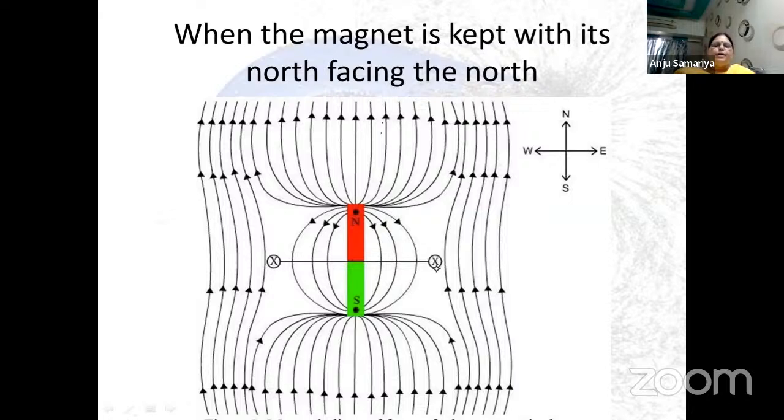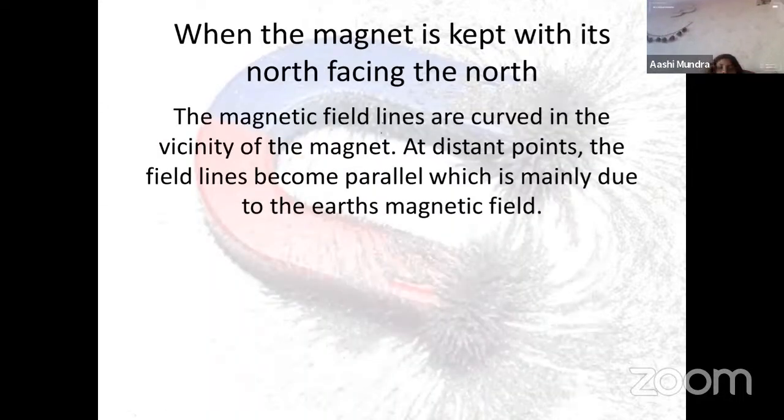And these X points, which are marked along the equator, are the neutral points. Here there is zero magnetic field. Why? Because Earth's magnetic field clashes with it and nullifies the magnetic field due to this bar magnet. So there is zero magnetic field. Okay. Again, draw this two times.